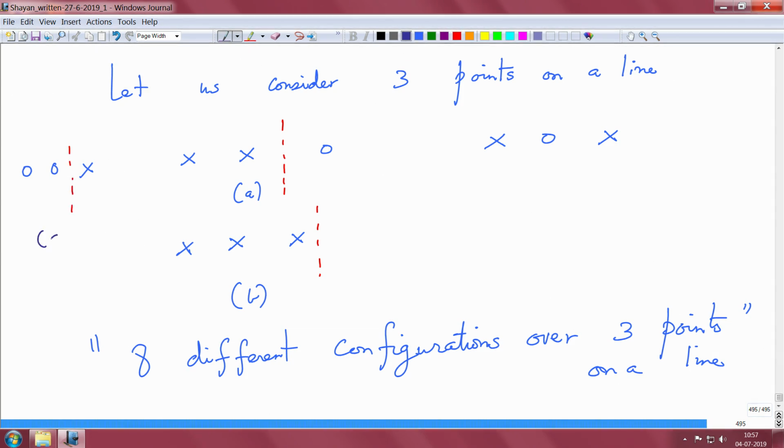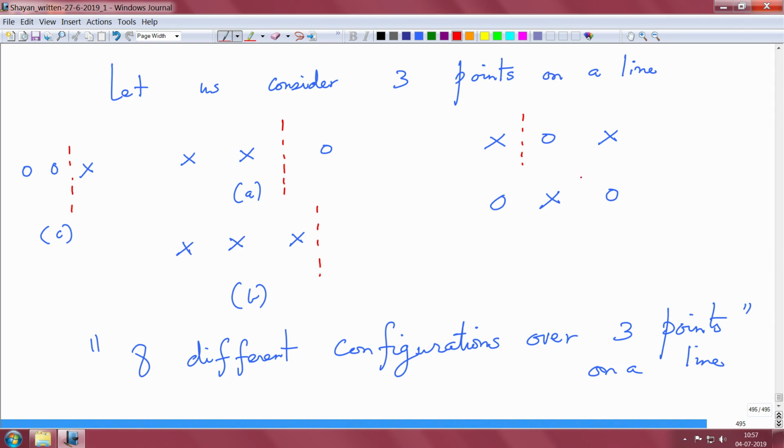Let me call this configuration C, right. Like this you can enumerate, but the point of interest would be configurations like this, a cross, a circle and a cross, or possibly a circle, a cross, a circle, right. Now I am just complementing this configuration here. So now let me put one line here. I have a classification error. There is one point which cannot be classified by just a line.